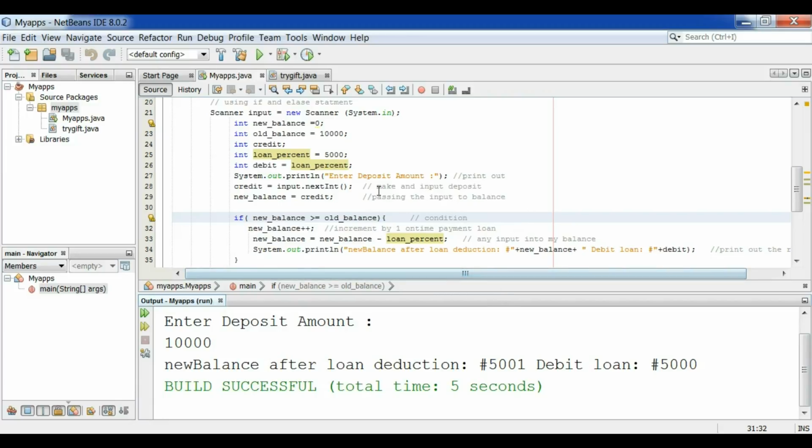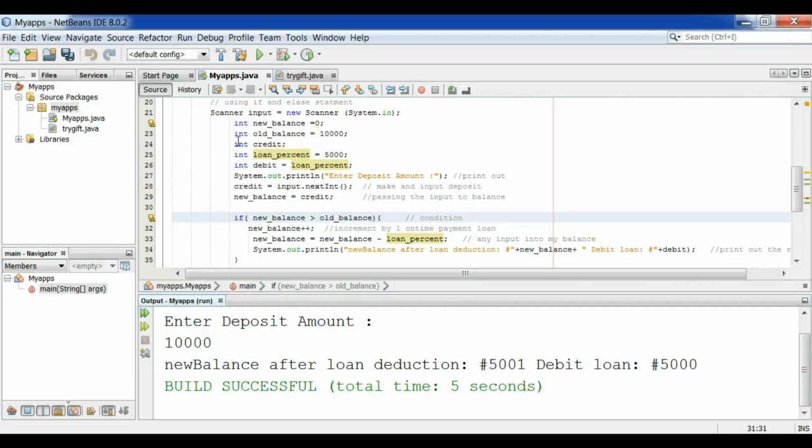Now this is what I just want to show you here. Now you can see you have new and old balance. Now you compare your new balance and your old balance in your if statement to check whether it is equal to, or greater than or equal to. If it's greater than or equal to, it will run. But if it's greater than only, it will not run when you are inputting